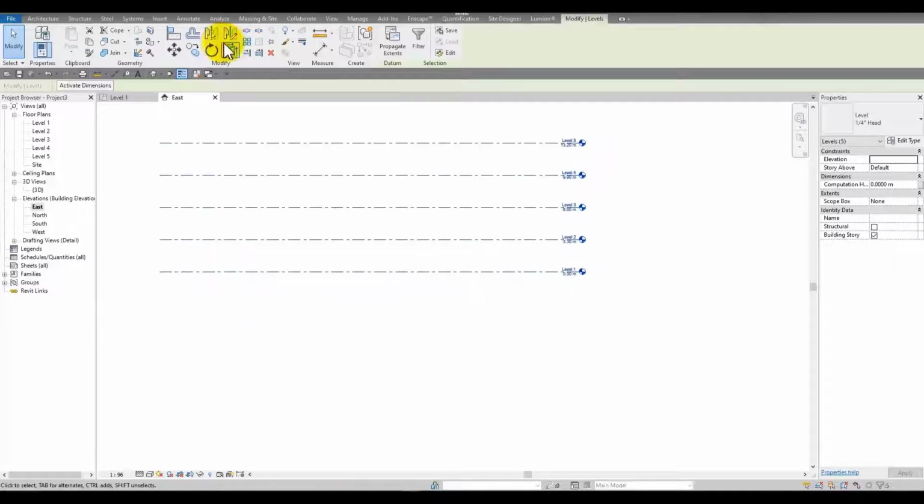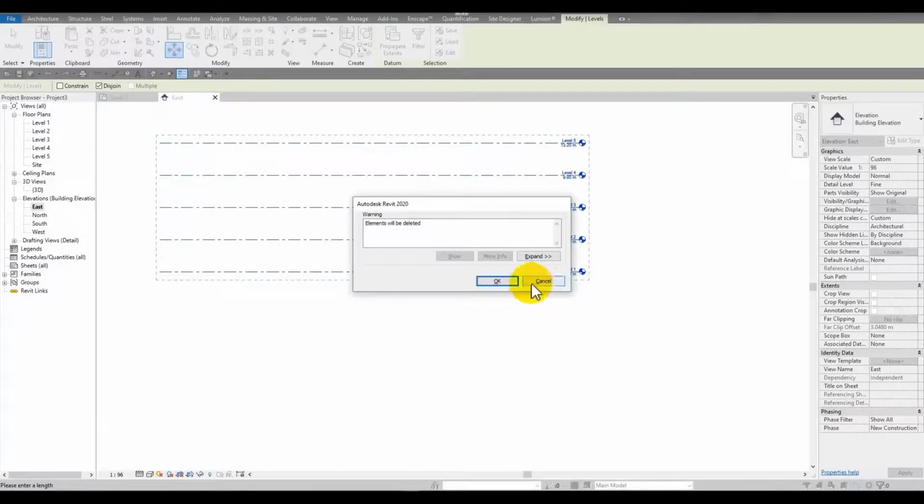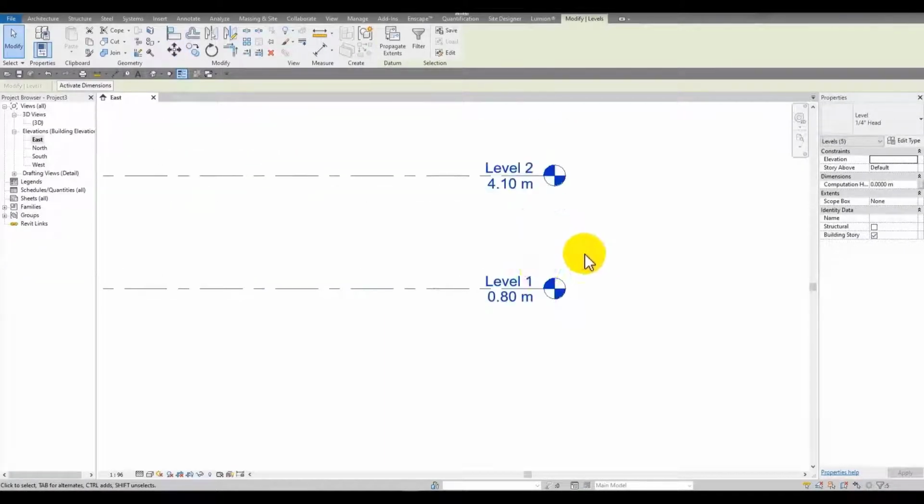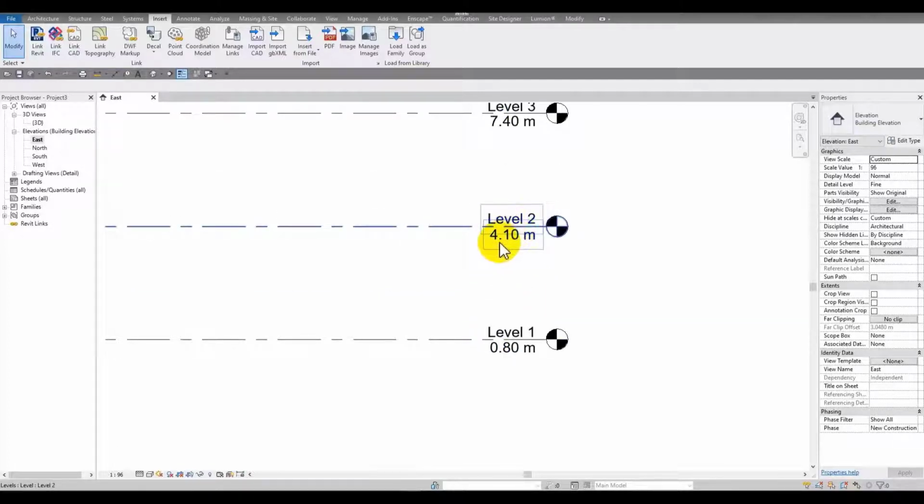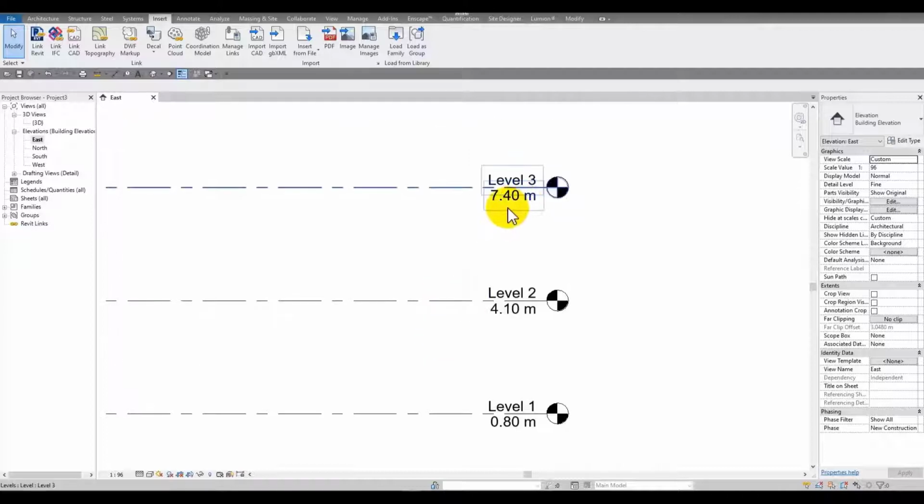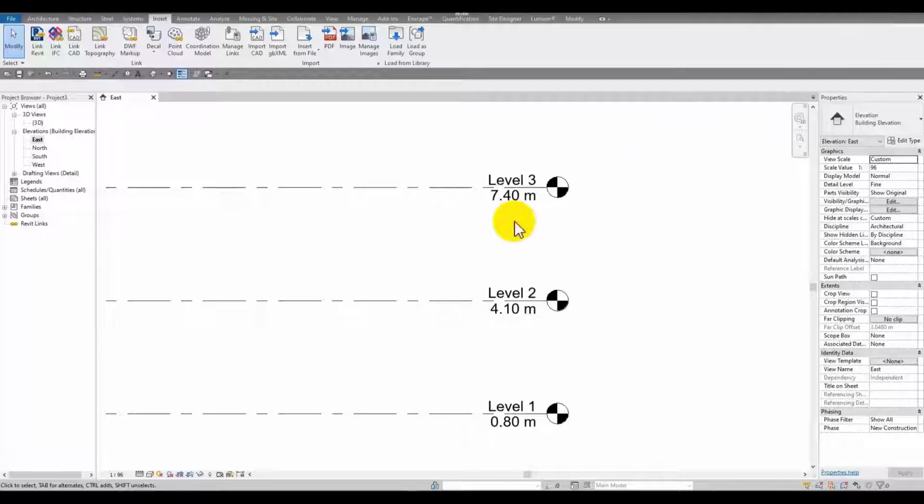Here I select all of the level lines. I use Move, and here I enter 80. They will be 80 centimeters higher. And right now the elevation of level 1 is at 80, level 2 is 4.10 and level 3 is 7.40, same as what we have in the plan. Let me take a look. Yeah,